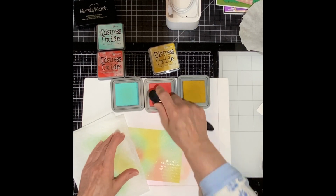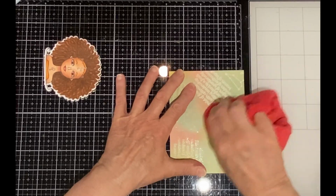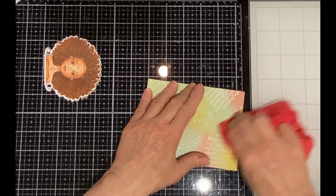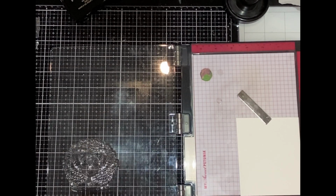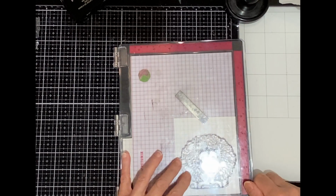When I'm finished, I like to set my panel aside to dry for about an hour, and then I use a microfiber cloth and just give it a really good rub to take off all of the ink that is sitting on the embossing. Leo Girl is stamped on Neenah Classic Crest 110 pound cardstock using Picket Studios Intense Black